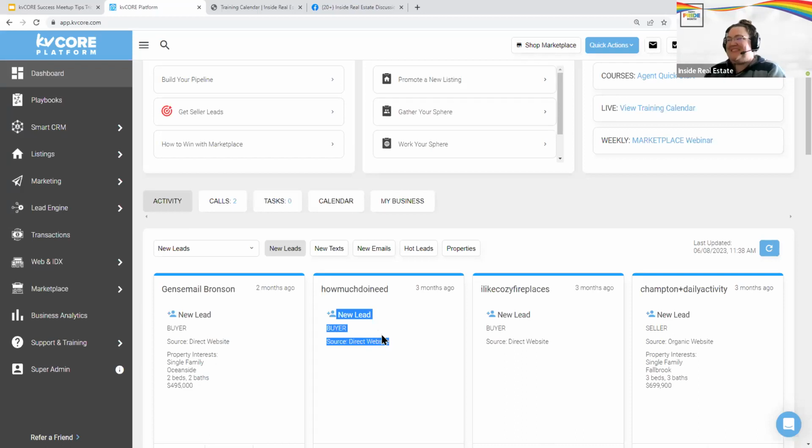But most of the time, our new leads will come in with browsing data through KV Core. If you have outside lead sources that you connect, it depends on the outside lead source that you utilize. Some of them do, some don't. So it is a good best practice to look at your leads and just make sure they're on search alerts. So if I look at Jen here,